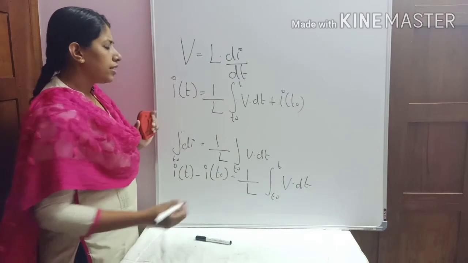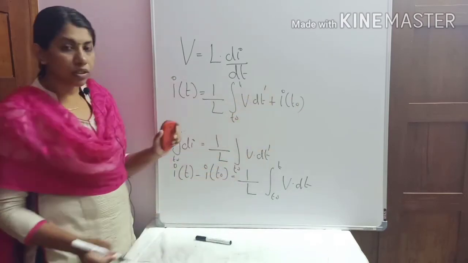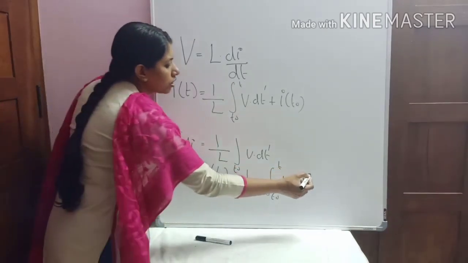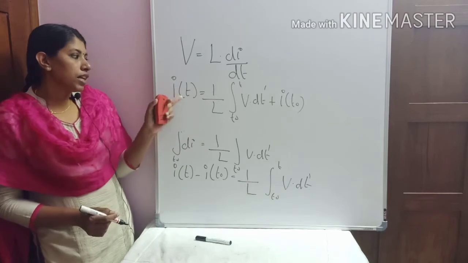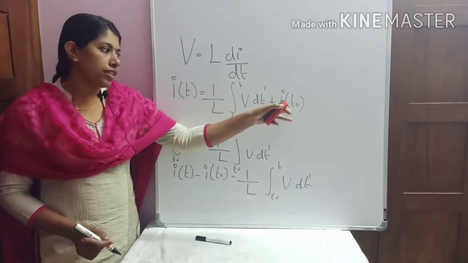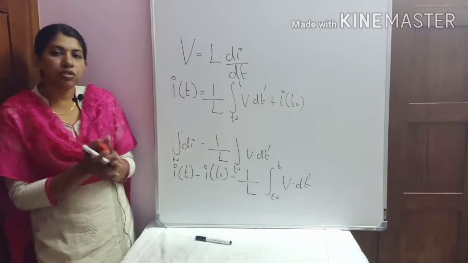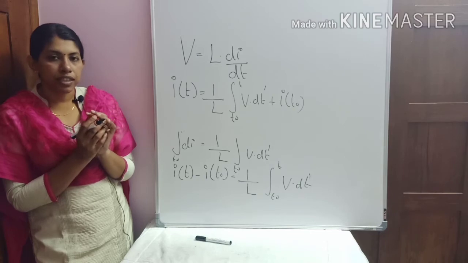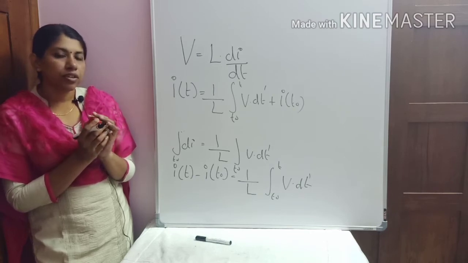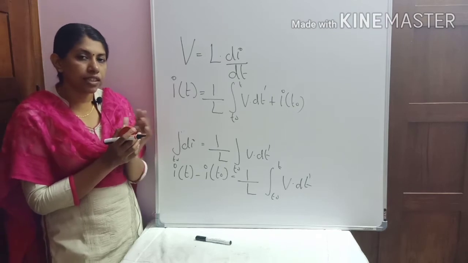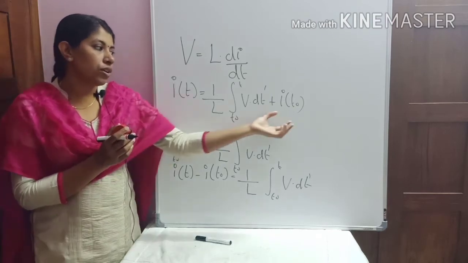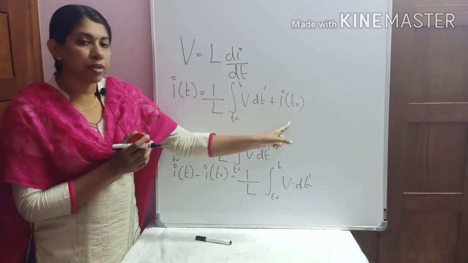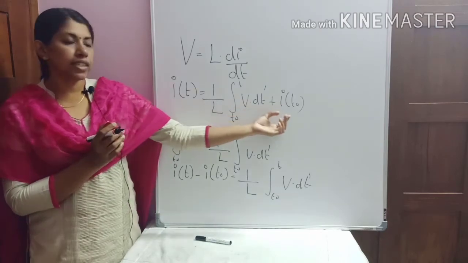We can take this as dt dash, because here we are considering the parameter t. So take this as v of t dash, then there will be no confusion. The current through an inductor depends upon the previous current also. Imagine you have connected the inductor in a circuit and it has stored some energy inside it. Now you discharge the inductor from that circuit. When you connect that inductor in another circuit, you have to consider that current also. So this will be the equation, and this particular portion will be important when you do analysis. So always keep this in mind.